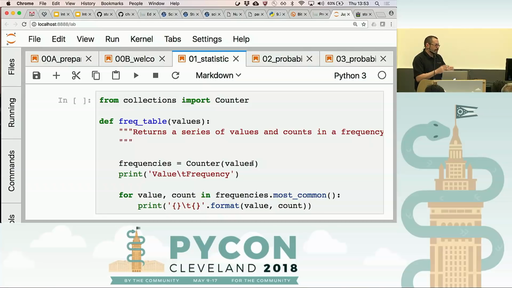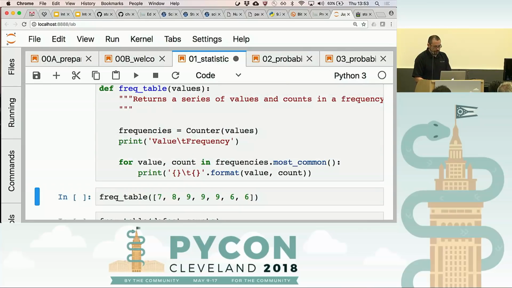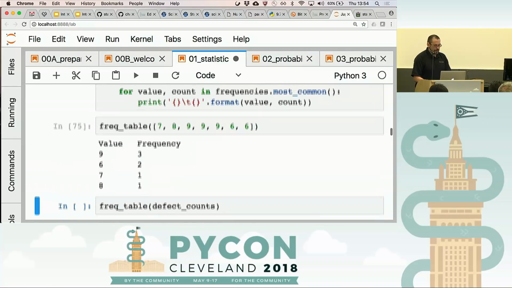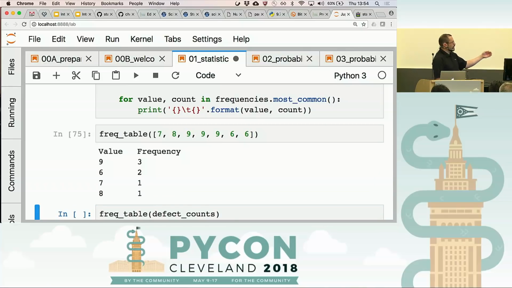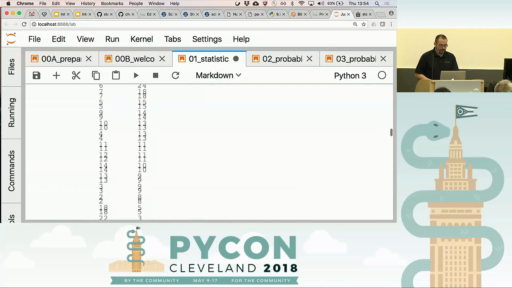We did a fancy histogram graph, but sometimes just having a quick frequency table can be really useful. A frequency table would be something like this, where it shows, hey, the value 9 showed up 3 times, the value 6 showed up twice. It's much like that counter example we looked at. If we look at our defect counts,